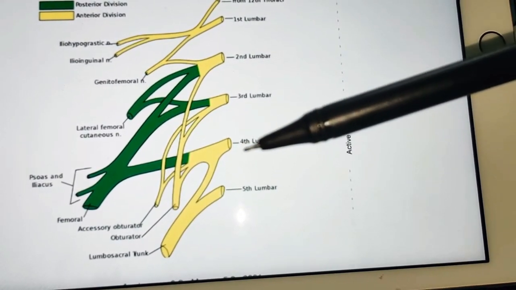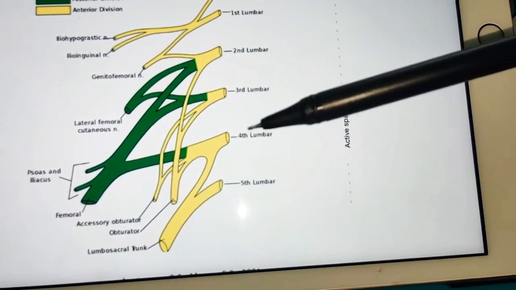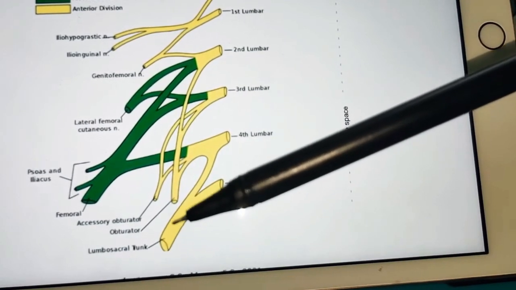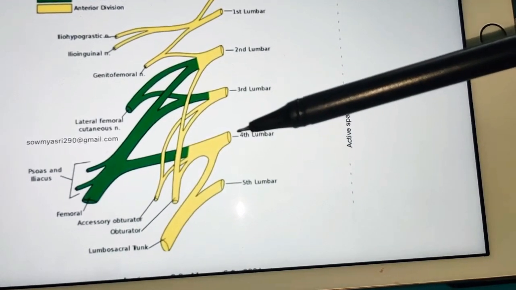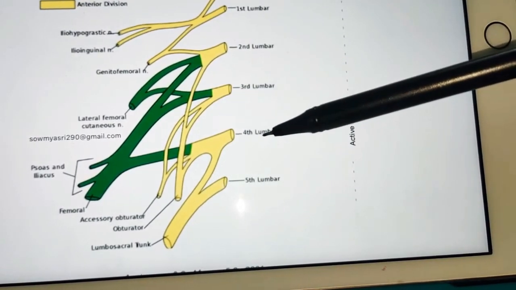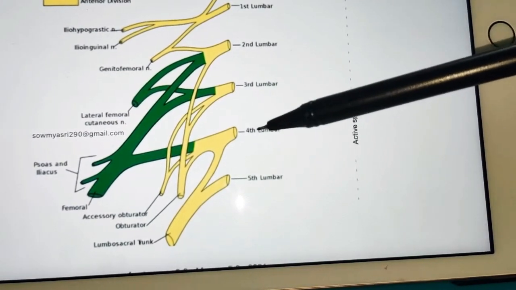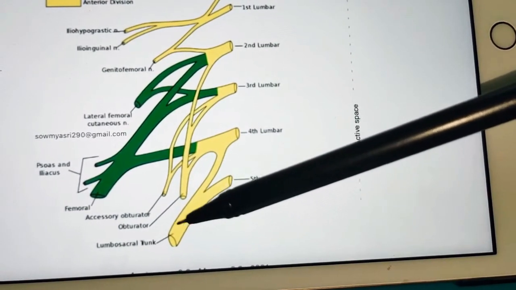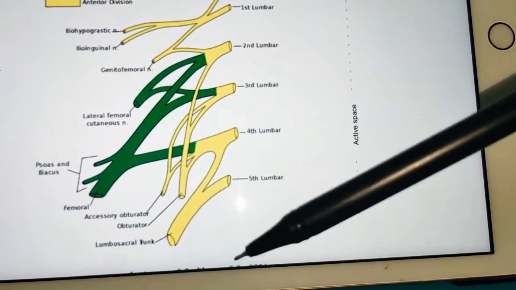And if you see, there are some other nerves, like the lumbosacral trunk, okay, which is mainly formed from L4 and L5 together, and which is also involved in the sacral plexus, okay. And if you see L4, the L4 is involved in both the lumbar plexus and the sacral plexus, right? So it is also called nervi furcalis, okay. L4 is called nervi furcalis because it is involved in the lumbar plexus, and it is also involved in the sacral plexus. Hence this trunk name is also lumbosacral trunk because L4 and L5 together form it.